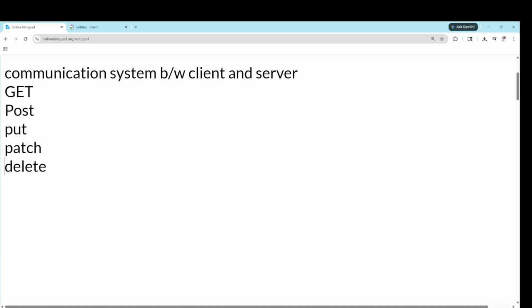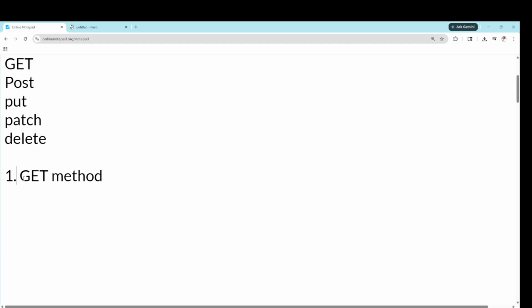First we will start with the get method. So the first method is the get method. Why do we use the get method? We use the get method to retrieve data from the server.